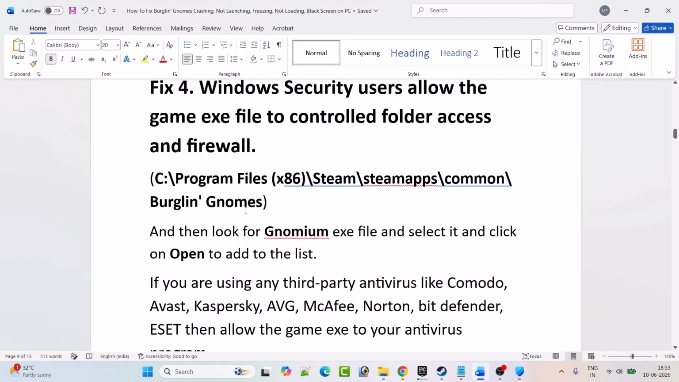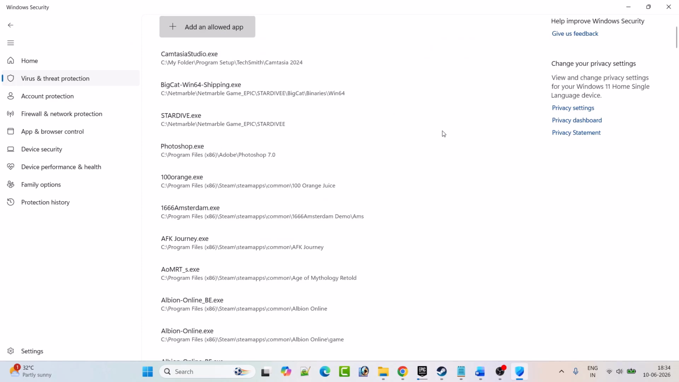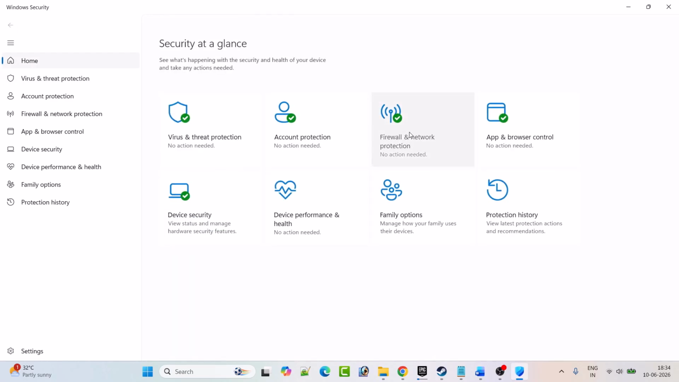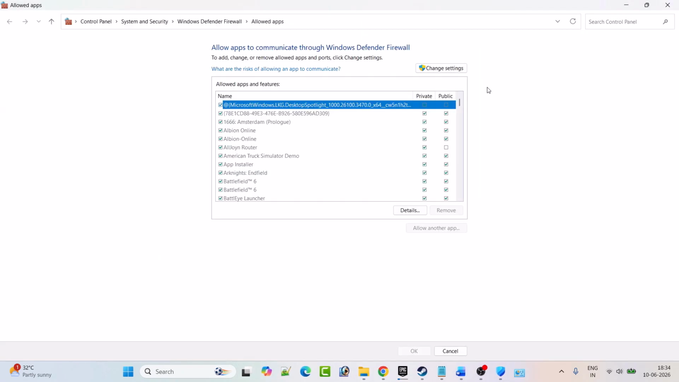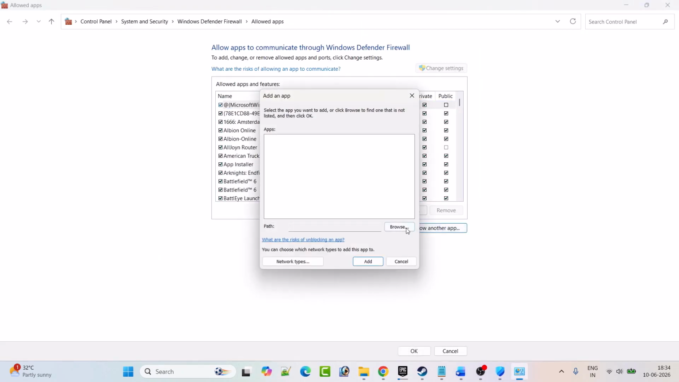Open the Burglin Gnomes folder and then look for the Gnomium exe file and select it, and then click on open to add it to the list. After adding it to the list, go back, then click on firewall and network protection, click on allow an app through firewall, click on change settings, click on allow another app, click on browse, and